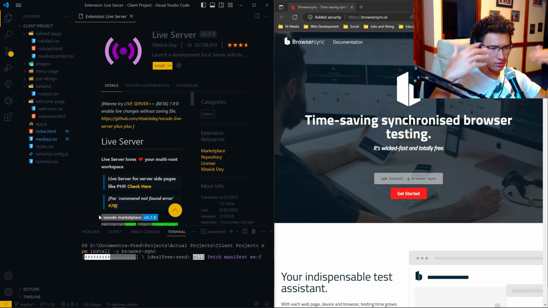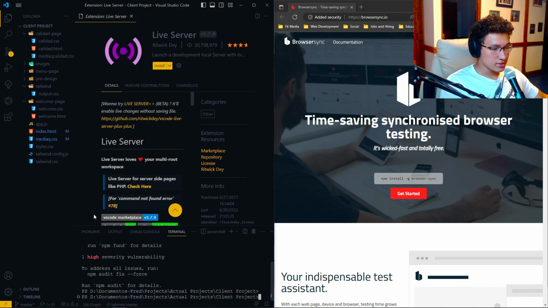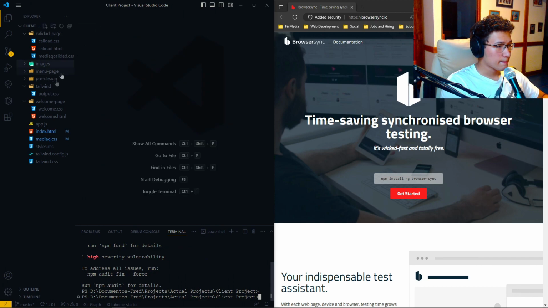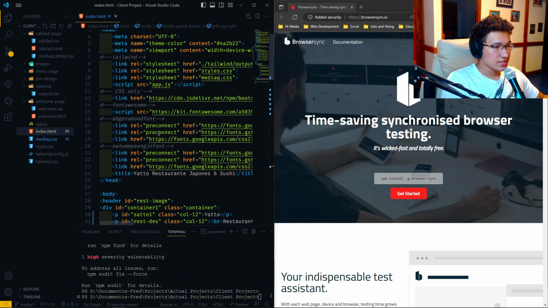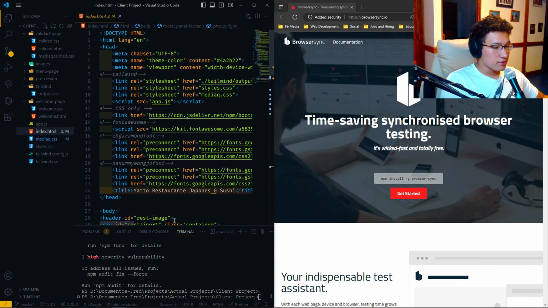I already have it downloaded, so maybe it will give me an error, but it doesn't matter. As you can see, it quickly installed the project. I don't think this is too important to see, but for example, here I'm not working with Vite or Create React App. I just have an index HTML, and with this type of project you can't do